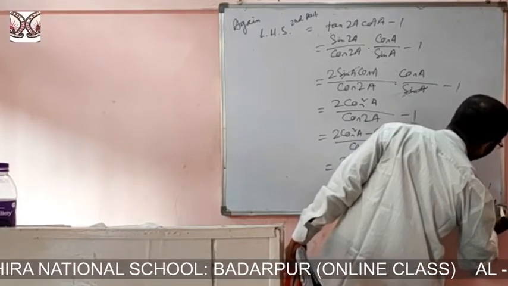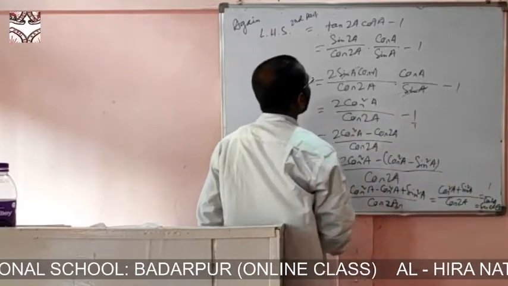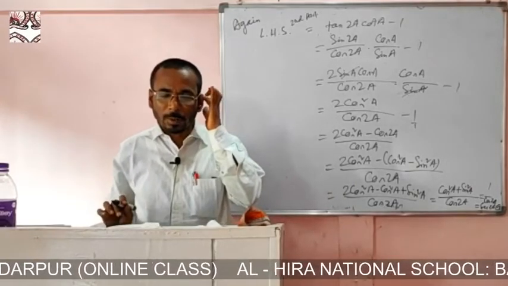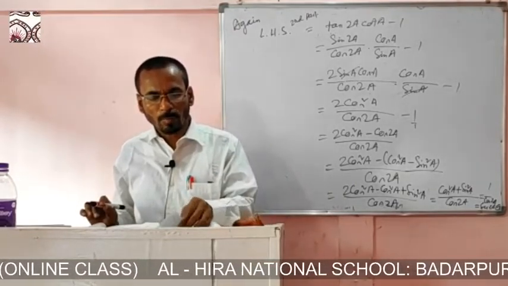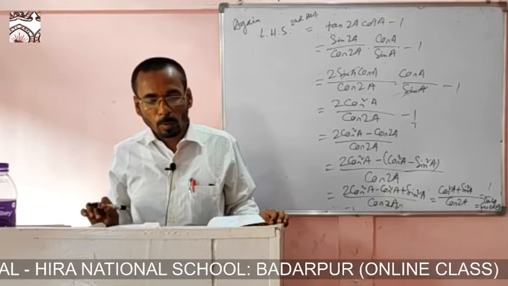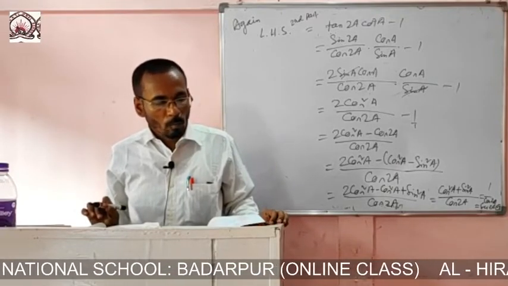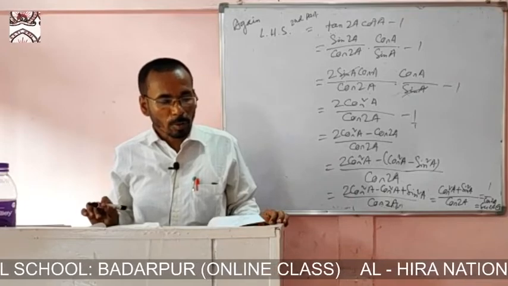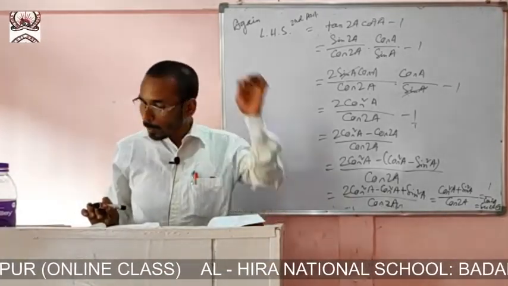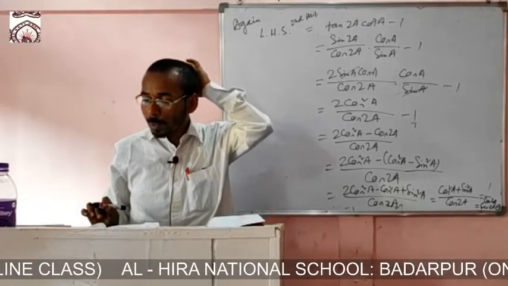This one is B. So from A and B we can show that the LHS part of both parts is the same. So this is proved. So number 9. Now like this way you can do number 10 also by putting the values and putting the formulas. And now we will do number 11.